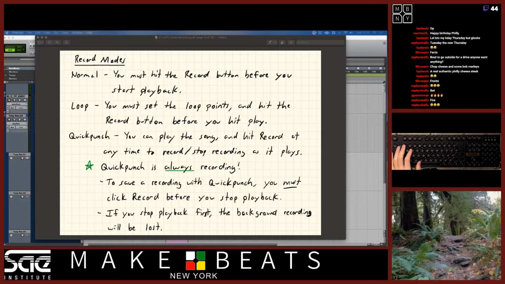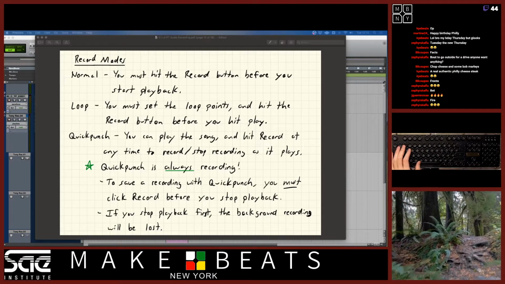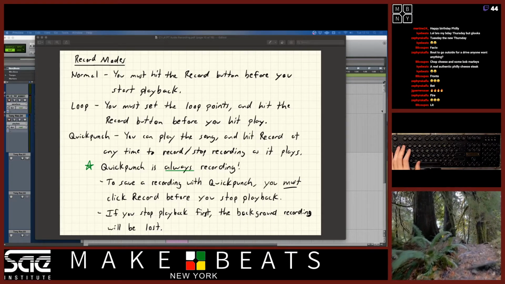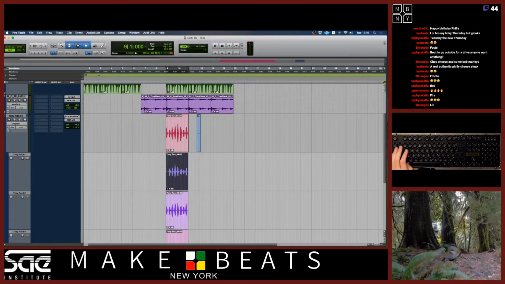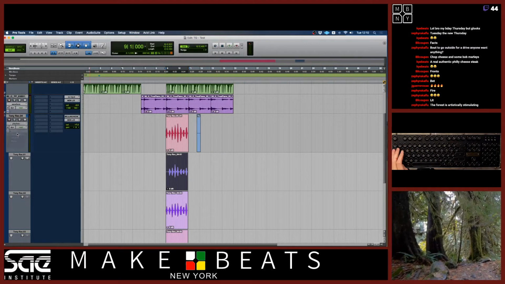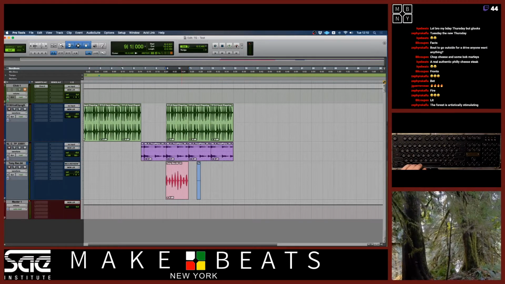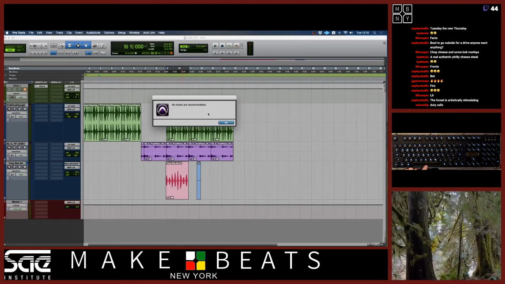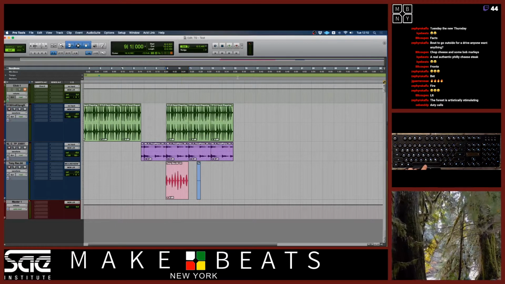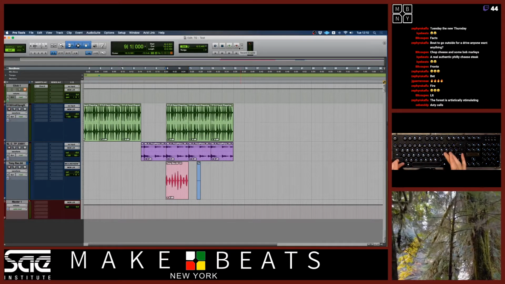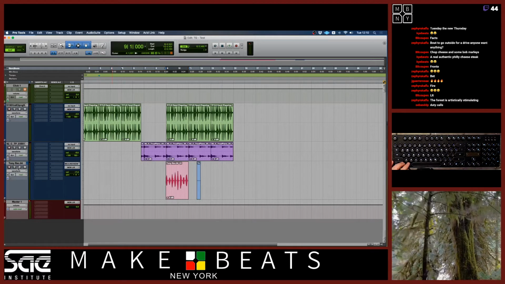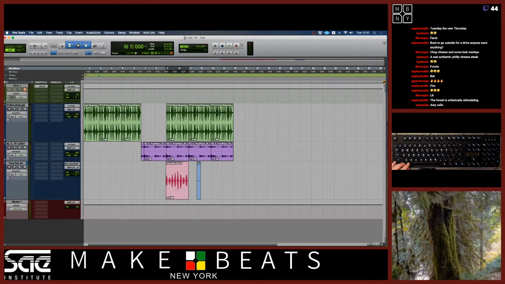When we're talking about recording, you have to make sure that you have your track record enabled, or else it's not going to let you record. For example, if I hit the record button, it's going to say no tracks are record enabled, because I turned the record off over here. So if I want to record this,